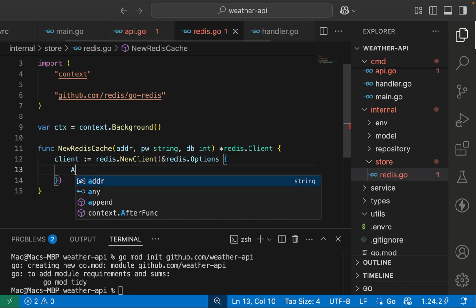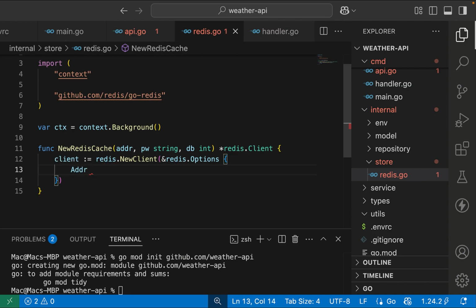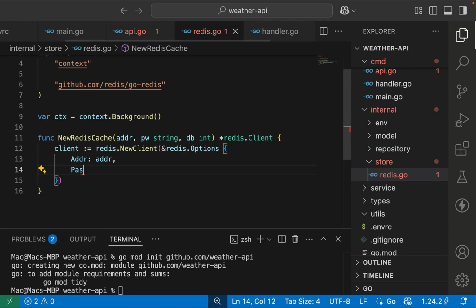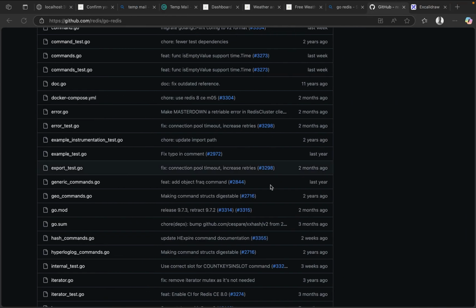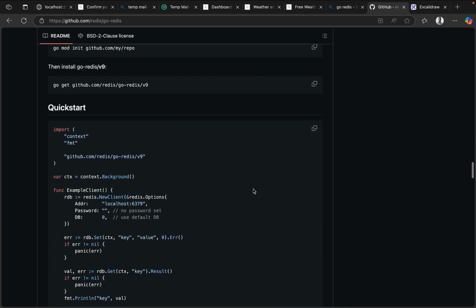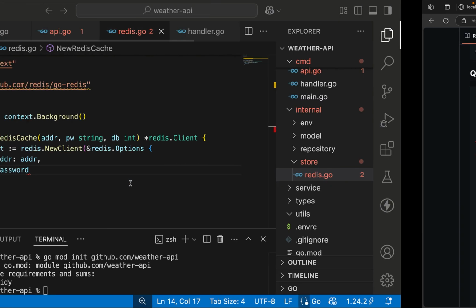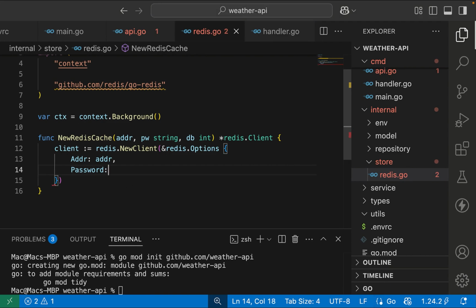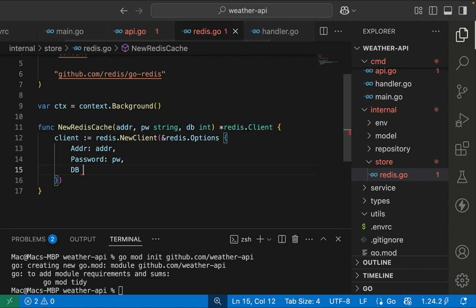Clients, and then we have the password. If you check, you can see these are the things that are needed when you're setting up your Redis. You can see password and all of that. PW, and then we have DB, which is DB as well. So what I'm doing here is that we are saying,